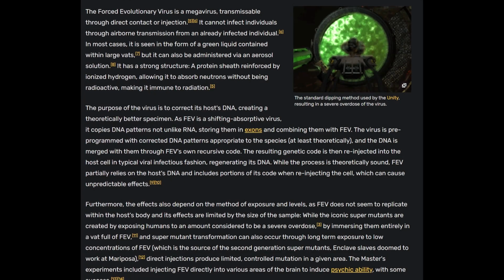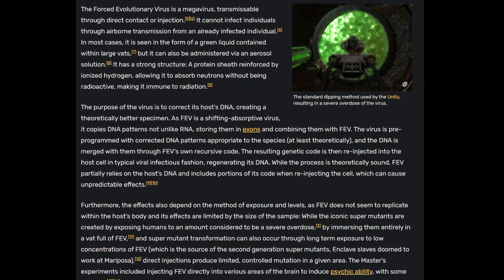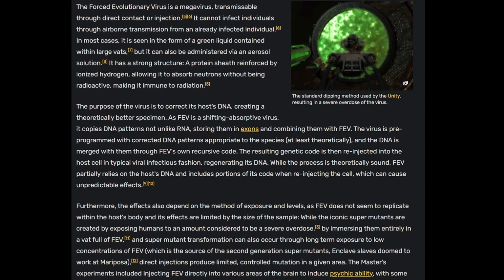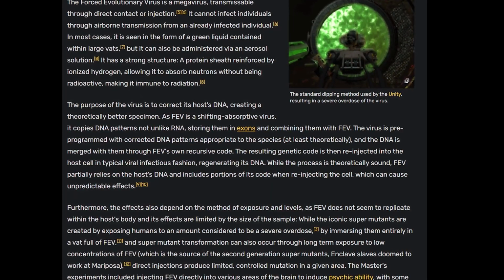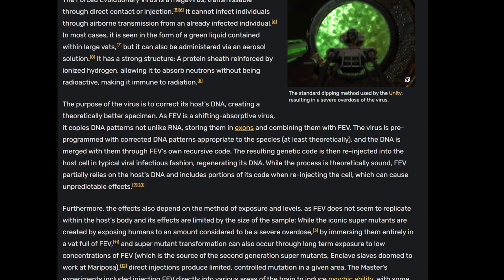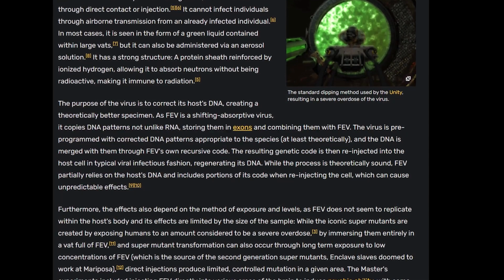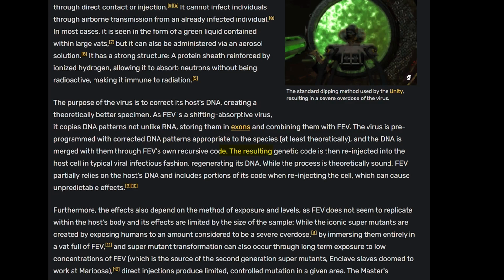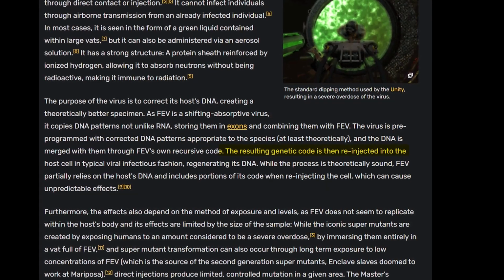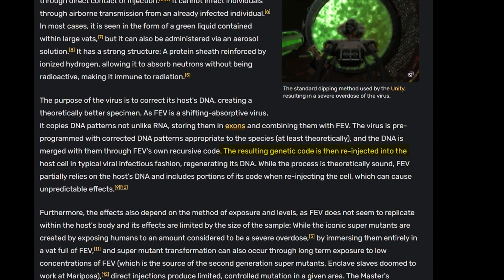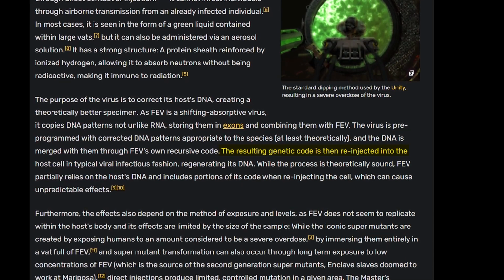Now, as mentioned before, I used the wiki to research this video. It is interesting that the FEV DNA and the cell DNA are spliced outside of the cell. I mention this because there are no known viruses that will maneuver outside of the cell during its infection process, at least as far as I know. This could just be an author inclusion in the wiki, I'm not 100% sure, but it does complicate things a decent amount